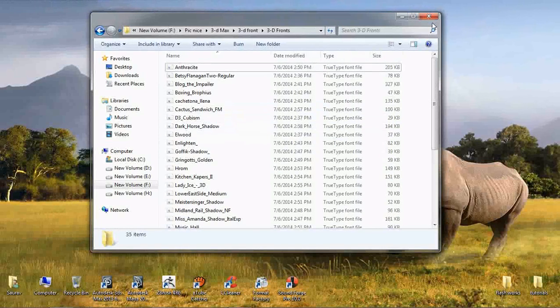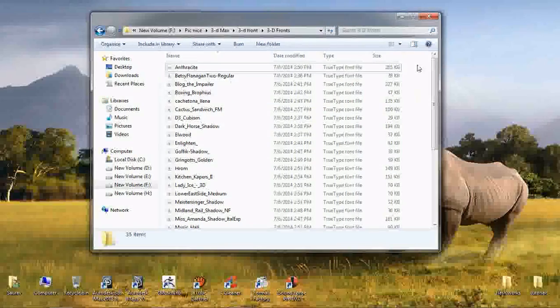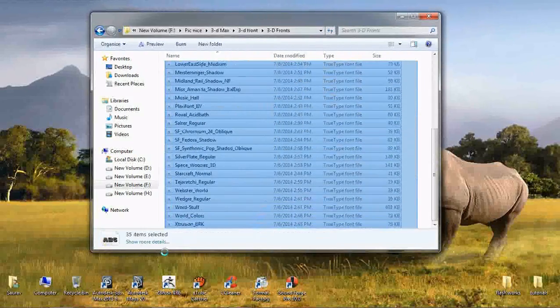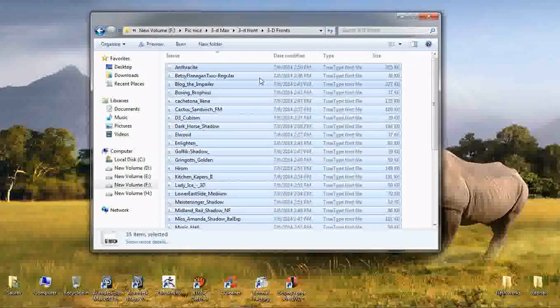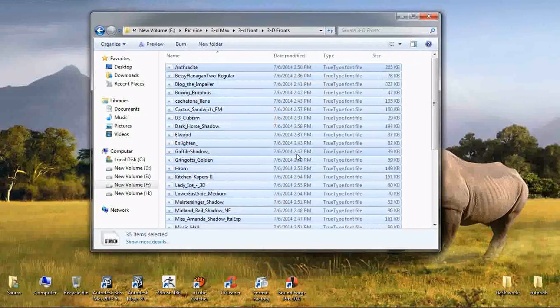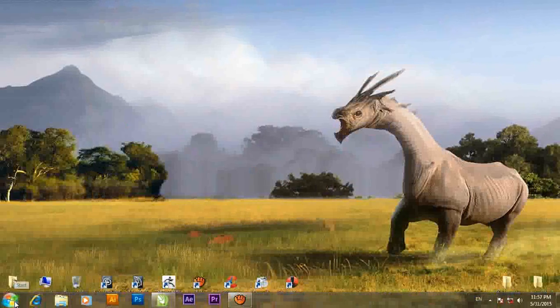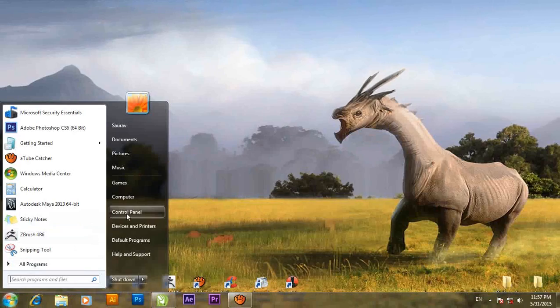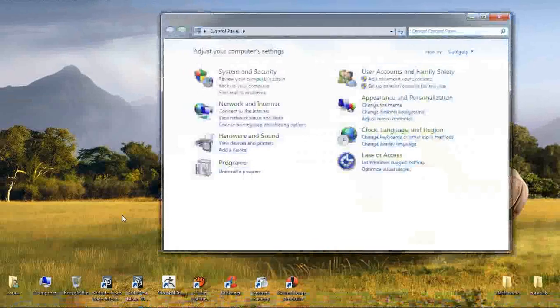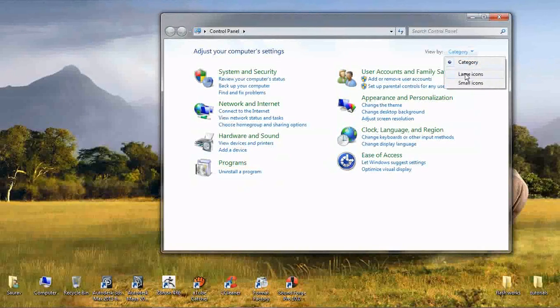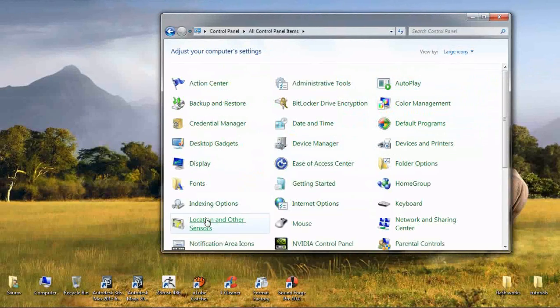I am showing the first way. You can first copy all your fonts from the folder where you keep your fonts. Just close it, and from the start menu select Control Panel, go to categorize and select large icons. Here you get an option, Fonts, where all the fonts present in our Windows are kept.